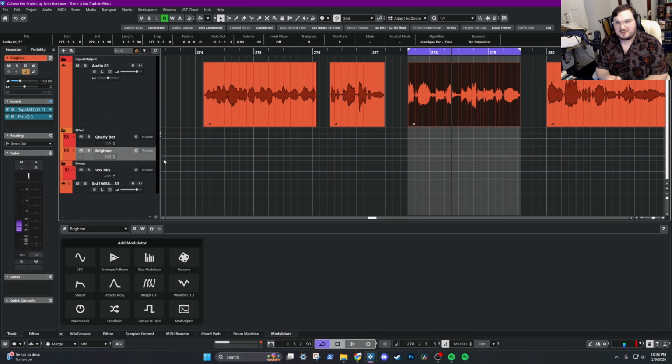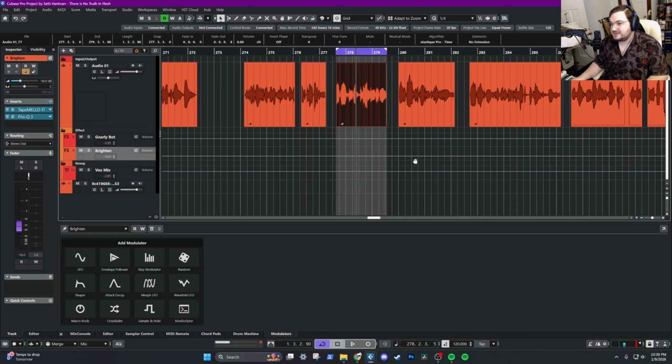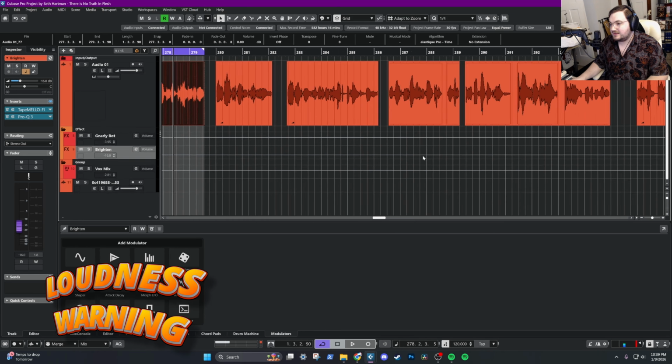It's really subtle, but this is something that certain sound systems will exaggerate. I have some really, really bright in-ear monitors, so that would be way more audible on those. You might be able to hear it better on your phone actually when I'm turning it off and on. But yeah, that's basically it.